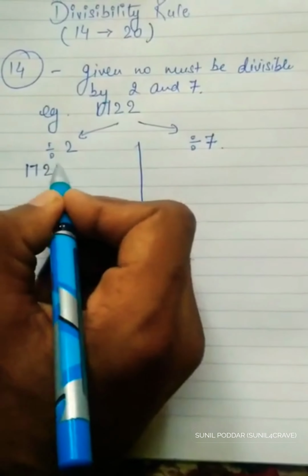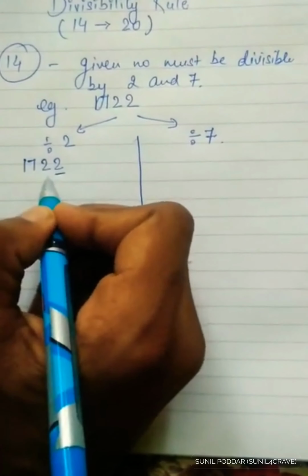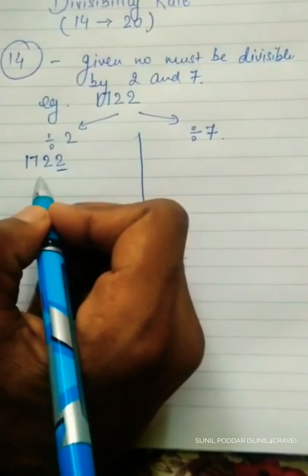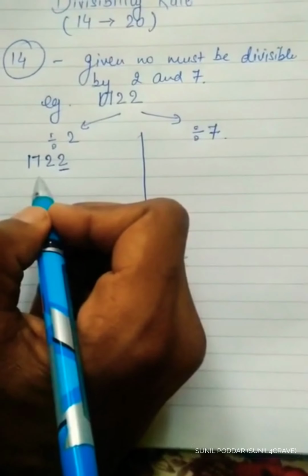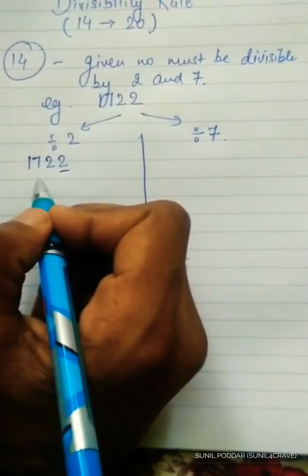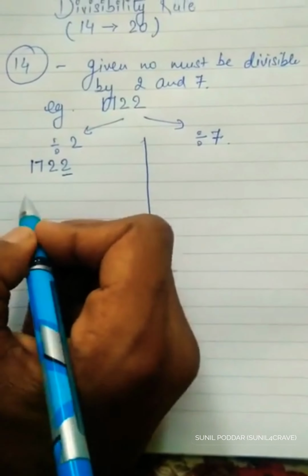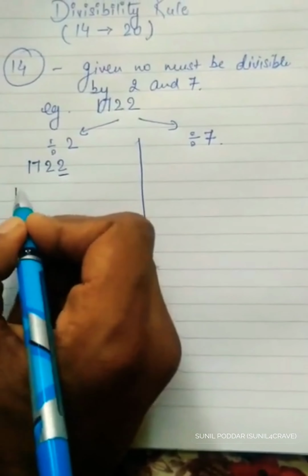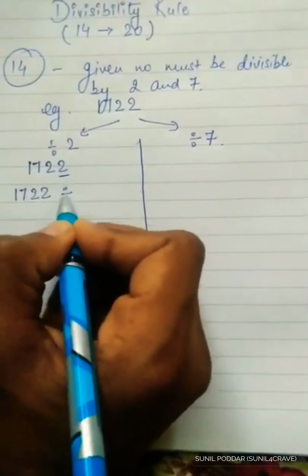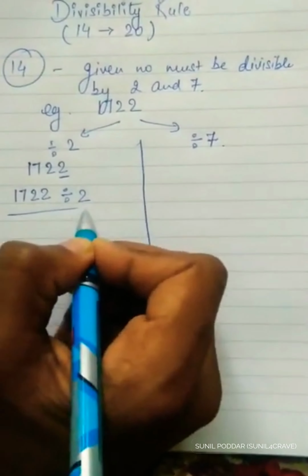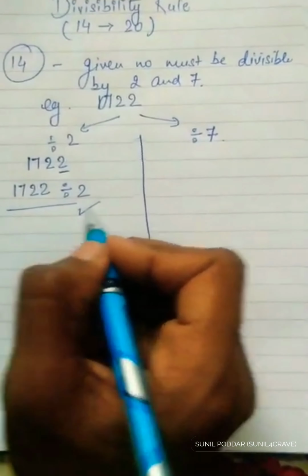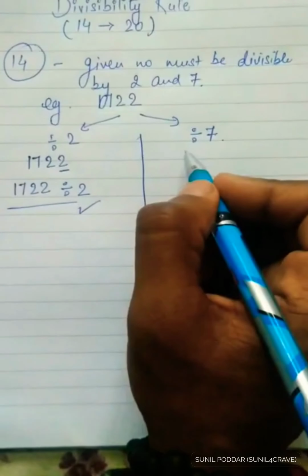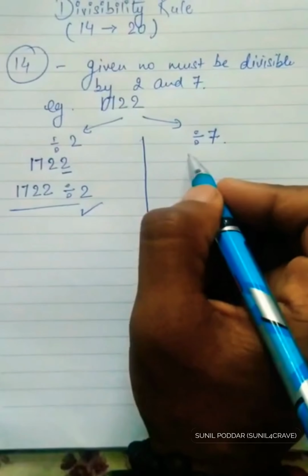In 1722, the last digit is even, and you know, for the divisibility rule, the number is divisible by 2 if it is an even number. Hence 1722 is divisible by 2. Now for 7,